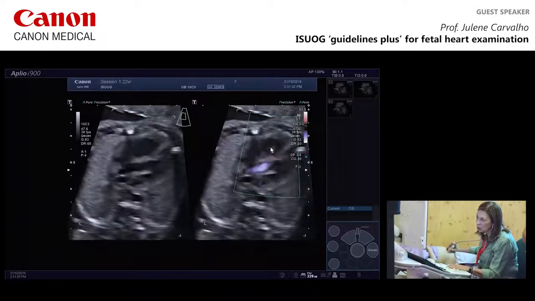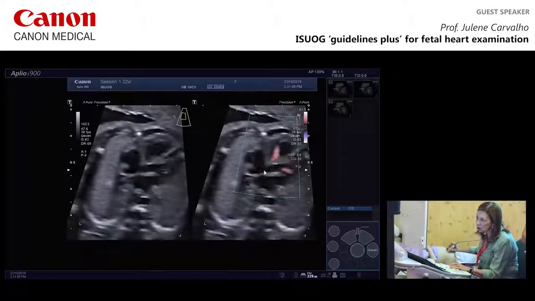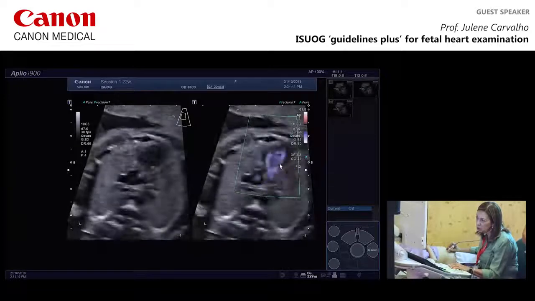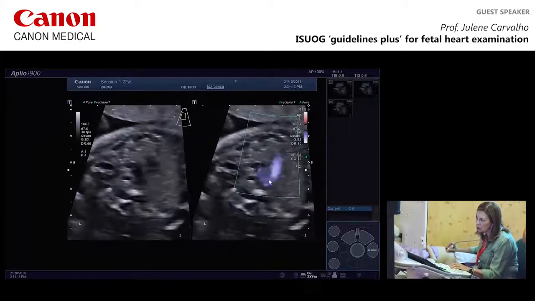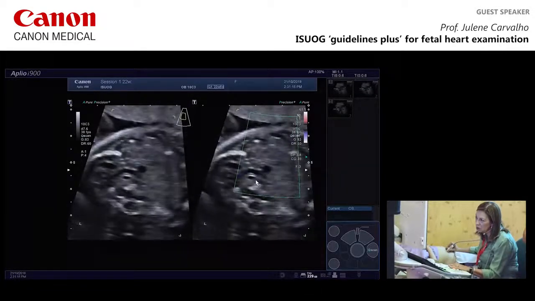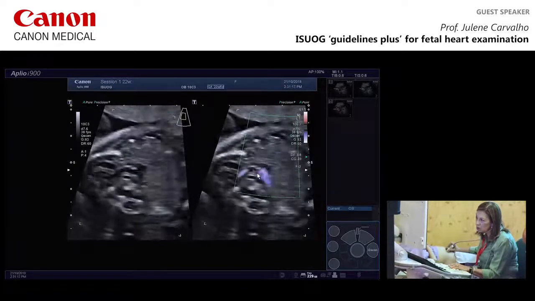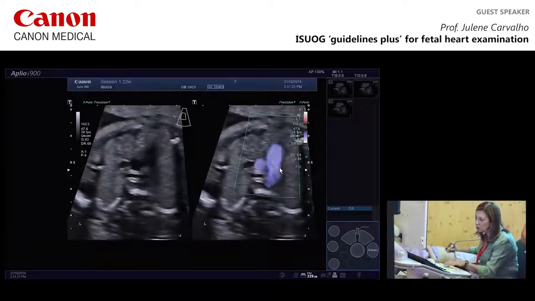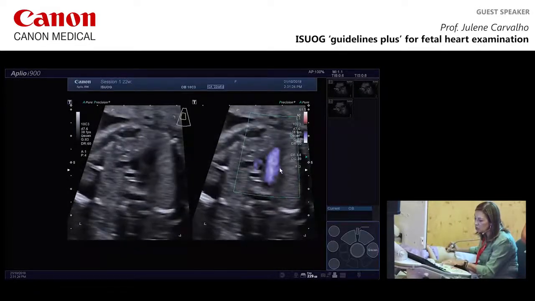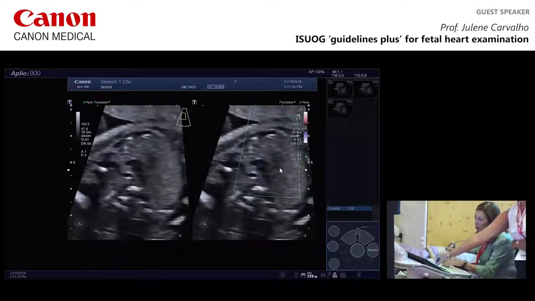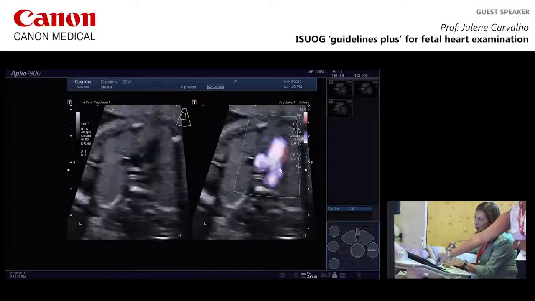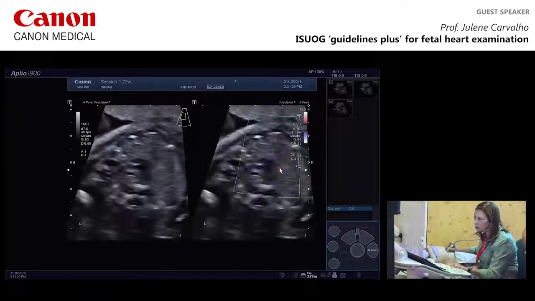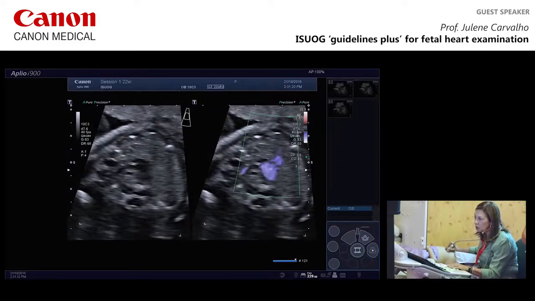And remember that the pulmonary artery is going to come here. So this is the aorta, pulmonary artery coming here. There's nicely the trachea now. See, in here we're starting to see the subclavian artery. So the aorta is here. So if I drop that velocity a bit more, you can see here